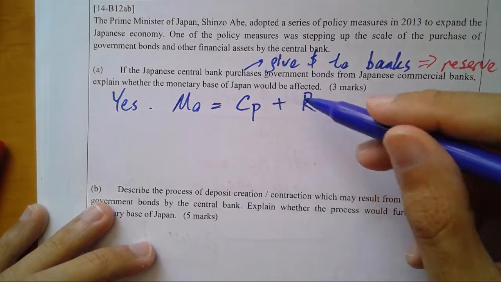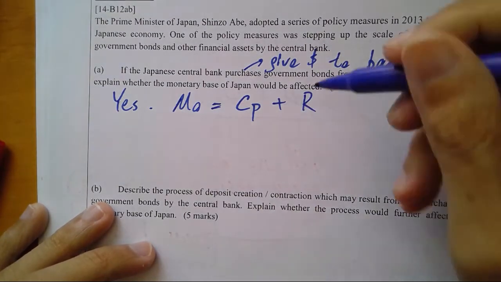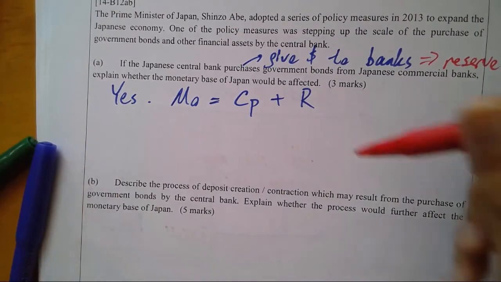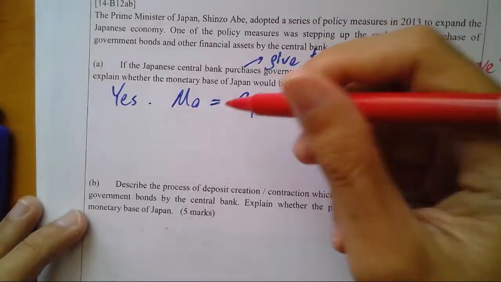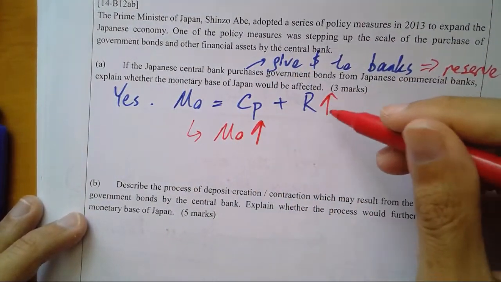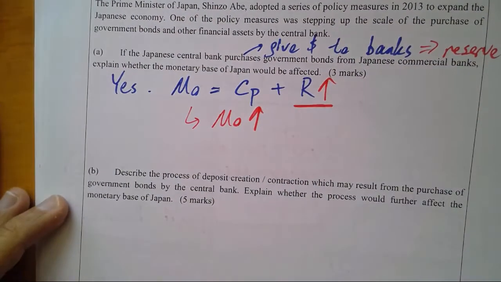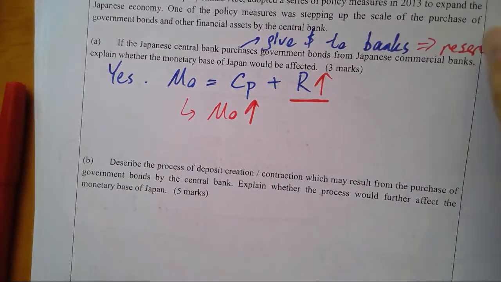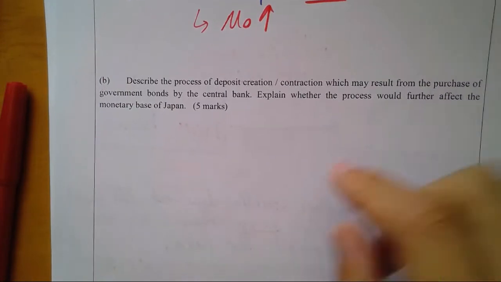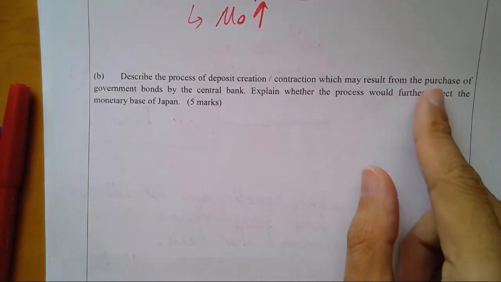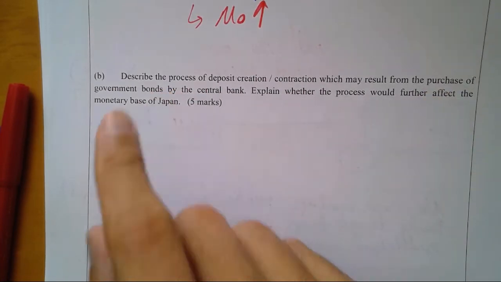Cash held by public plus reserve. Now, therefore, since reserve has gone up, okay, now therefore, monetary base would also go up because reserve has gone up. Okay, 得唔得？嗱，呢個位啦，唔難嘅。